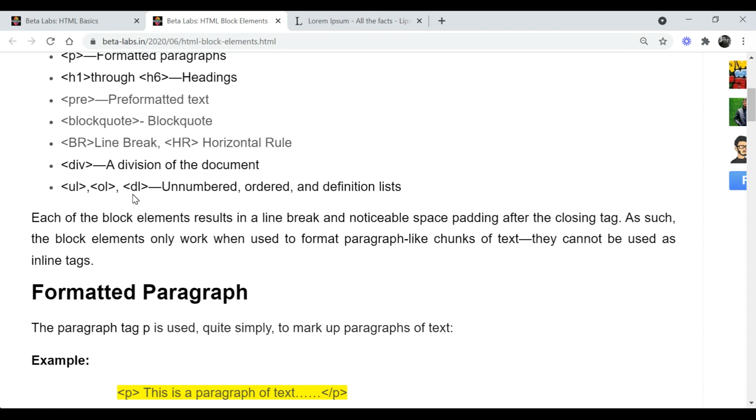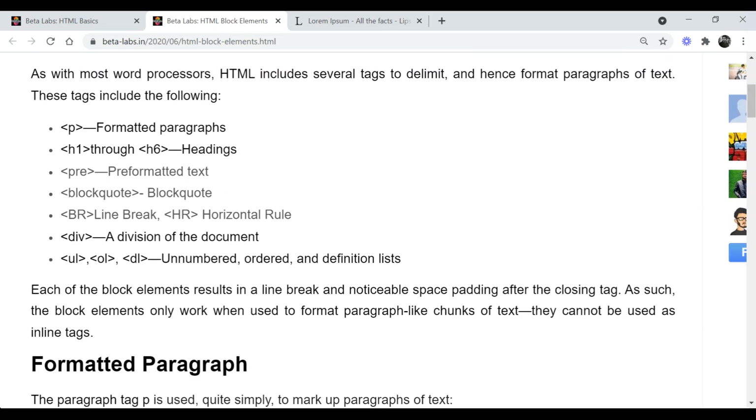We will also discuss these list tags in the coming class. So for today we have only discussed the basics of block level element tags, and we have discussed the formatted paragraph, heading tag, pre tag, block quote, and the self closing tags like BR and HR.